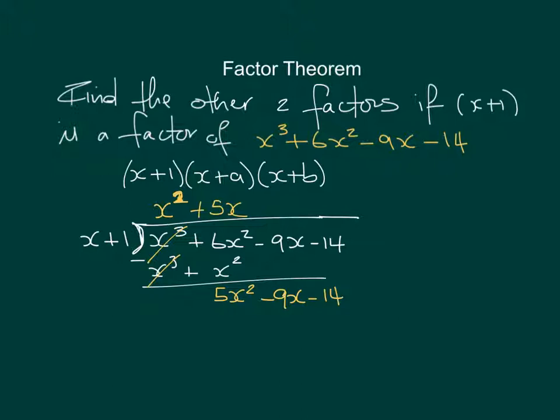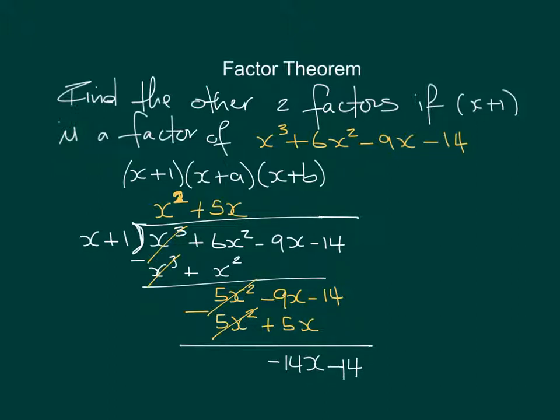Let's multiply it back out. 5x times x gives me 5x squared, and then 5x times 1 gives me plus 5x, and then I'm going to subtract the 2 as usual. So here we go. 5x squared, take away 5x squared, cancels out, that's now gone. Minus 9x, take away 5x, you will add the 2 and you will get minus 14x. Bring down this minus 14